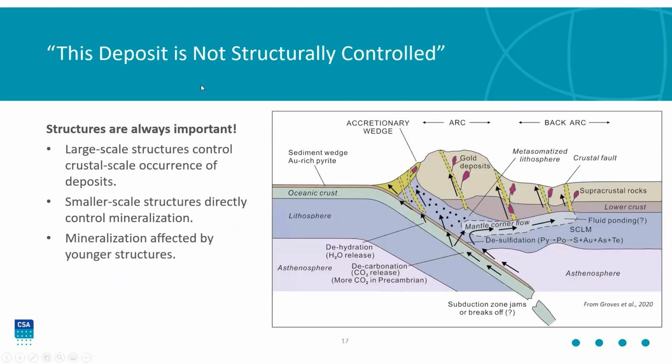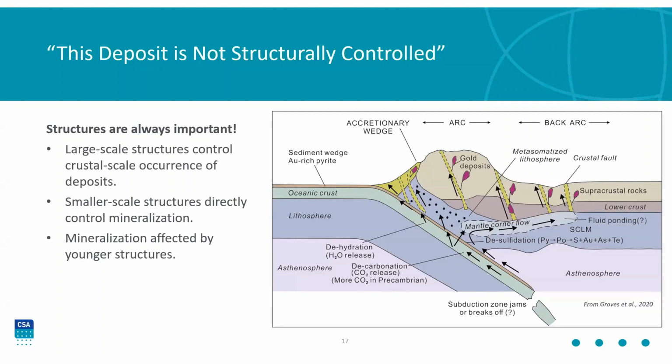The second deadly sin is more of an attitude than anything else, and this one is that this deposit is not structurally controlled. Obviously there are certain deposit types which are obviously structurally controlled, things like orogenic gold systems, for example, as we've got over here. But sometimes, particularly when dealing with some magmatic systems, or sometimes sedimentary hosted deposits, for example, roll front or sandstone hosted uranium,